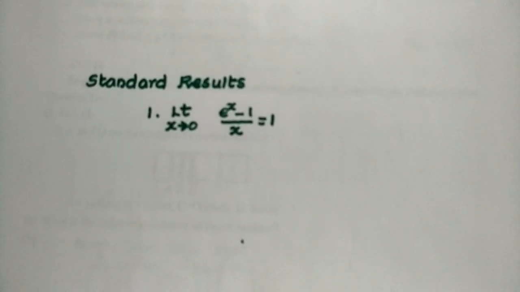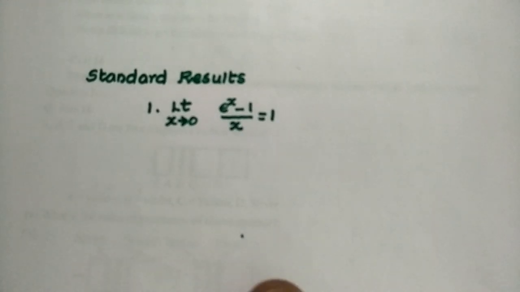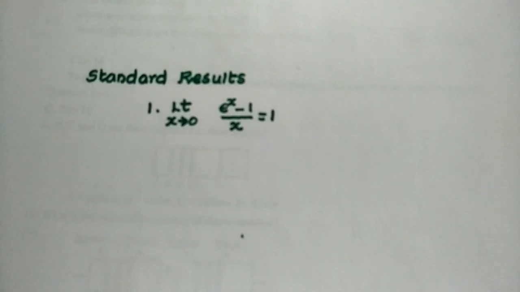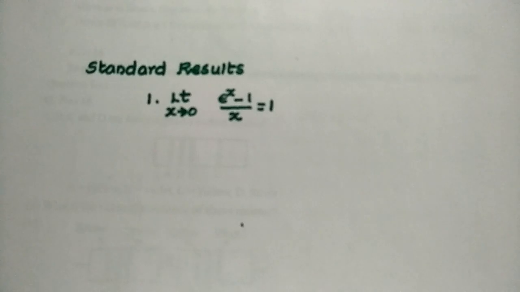Limit x tends to 0, (e raised to x minus 1) by x is equal to 1. First, I will give you some problems, then you will understand the result. Okay, first question is